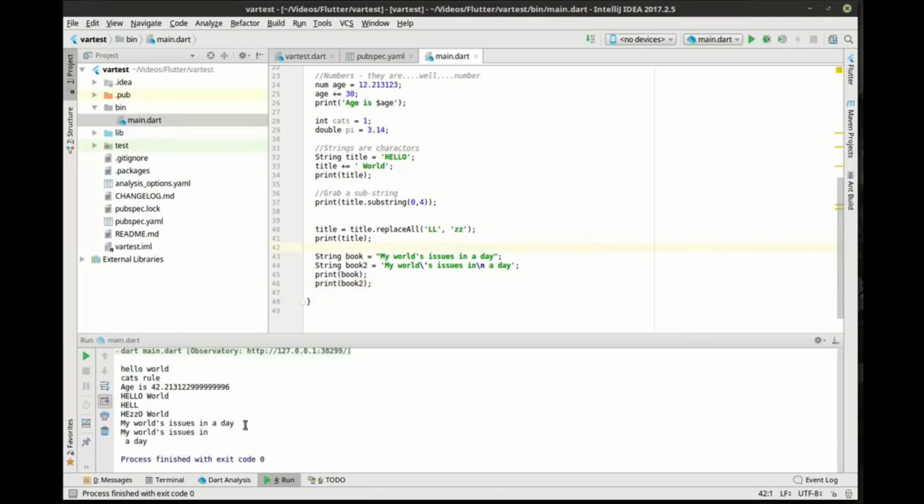And you can see how my world's issues in a day and then my world's issues hard return are actually new line in a day. Now on some platforms, like Windows, I think it's \r\n instead of just \n. So it gets into some platform specific stuff there, but you can see that really it doesn't matter whether you use single or double quotes, and it's kind of personal style and preference on which one you use. All right, so now